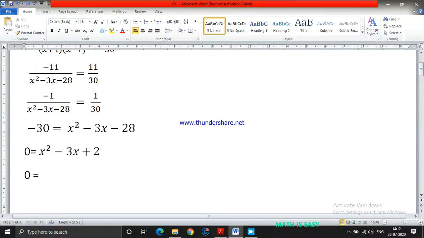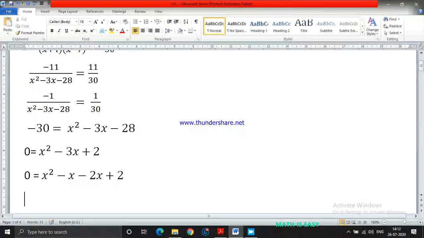Okay, so what you can factorize is, here the x square coefficient is 1 and the constant term is 2. So 1 into 2 is 2. The factors of 2 are 1 into 2 only, and 1 plus 2 is 3. So you are getting 3. So what you can do here is, you can keep this as x square, then you put minus x minus 2x plus 2.